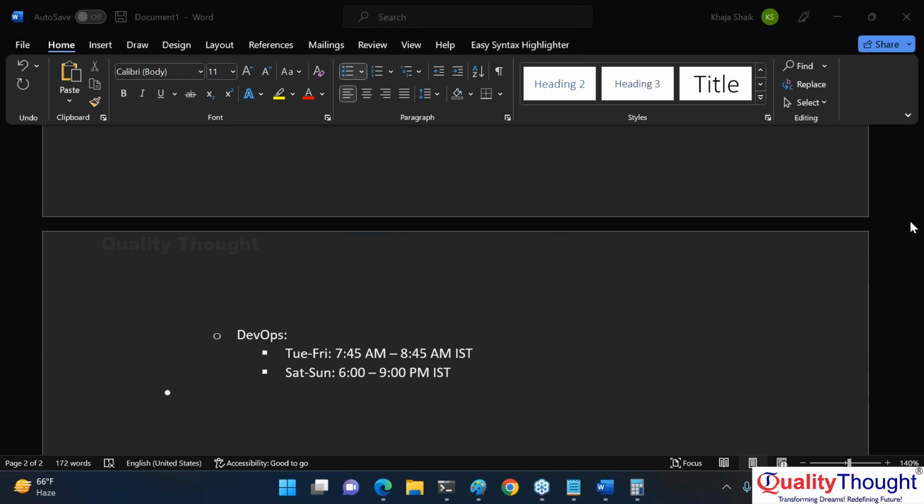DevOps looks like a beast, so there is no problem, you will give attention to it. But cloud, what we do is, it looks simple. We think it will be understood easily and take it lightly. But the problem is, DevOps is not a volatile thing. You don't forget DevOps easily, but cloud you forget easily. Trust me on that.